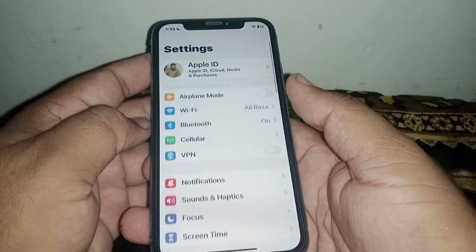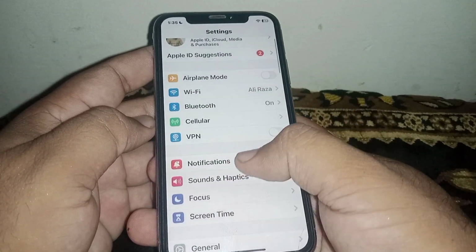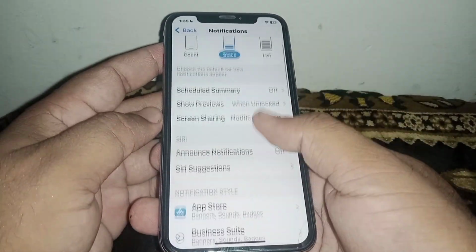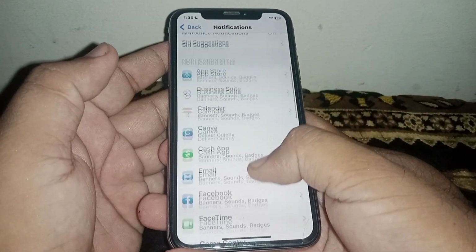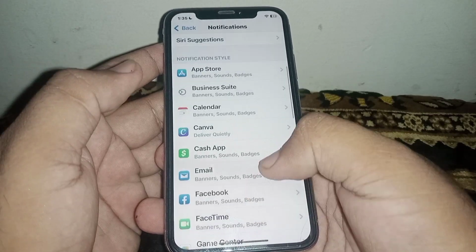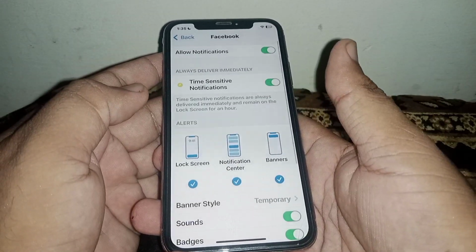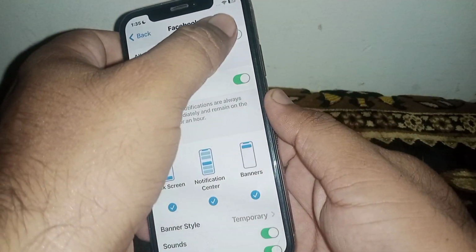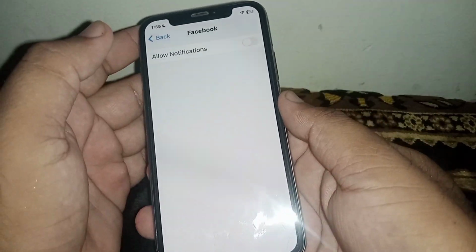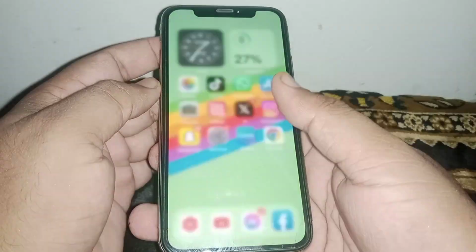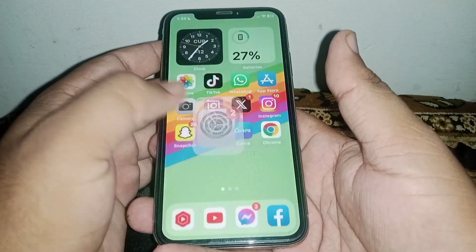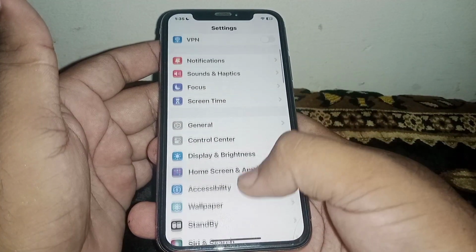settings, and from here click on Notifications. What you need to do is turn off the notification toggle for useless apps like Facebook. Click on this, and turn off these notifications. After that, go back to your home screen and open your settings again, scroll down and search